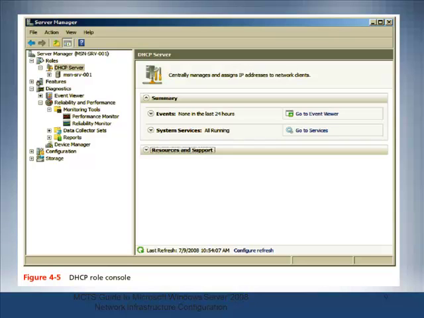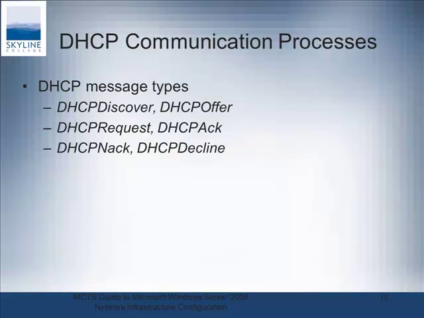This is just in the DHCP, and again, this is installed in Server Manager. You have a log, and you can get into it and configure it through Server Manager or through the administrative tools. The communication messages are discover, offer, request, acknowledge, negative acknowledge, decline. What we do, and I've got a slide that I thought I had maybe right after this one, that kind of goes through the process. DHCP discover when a workstation, server,